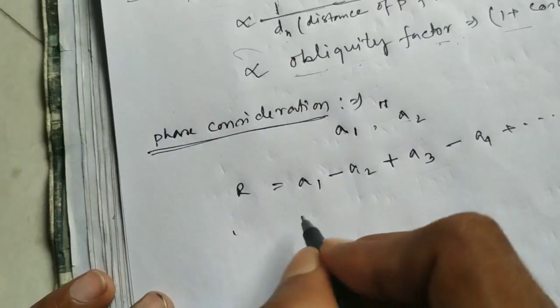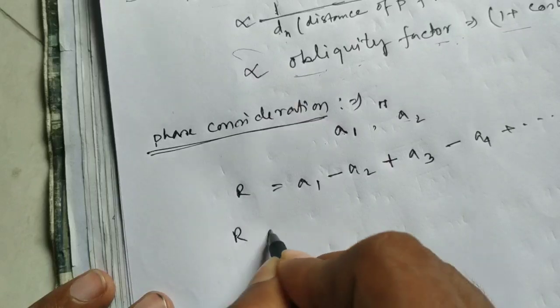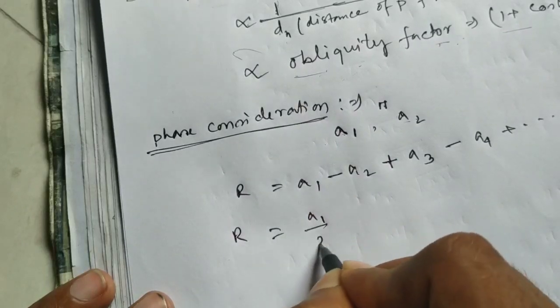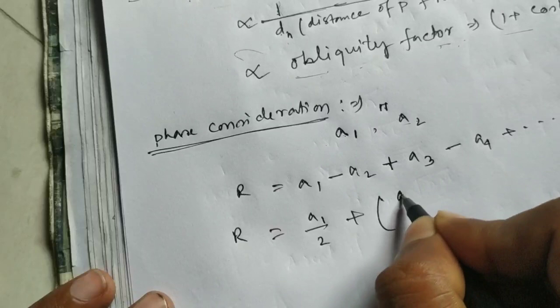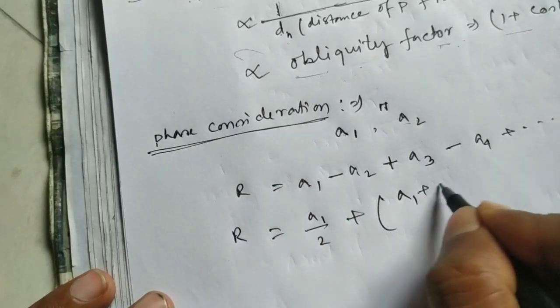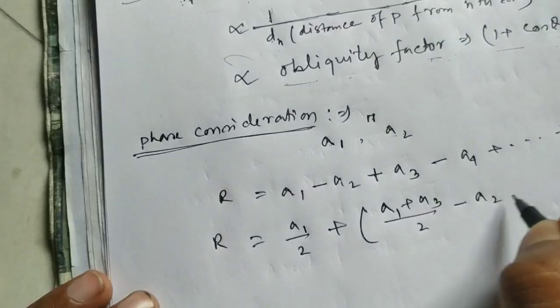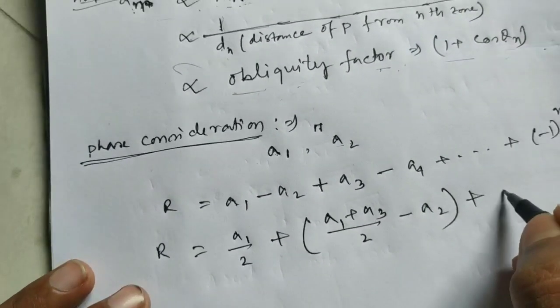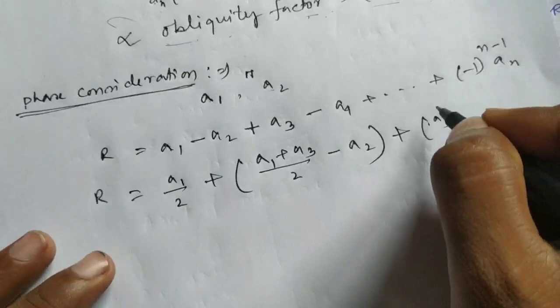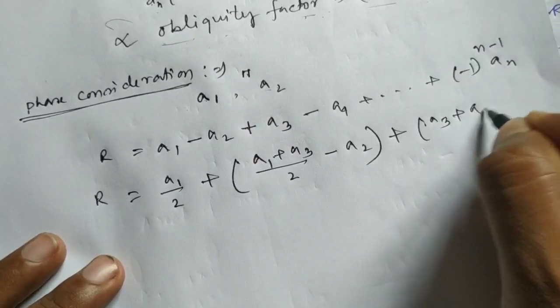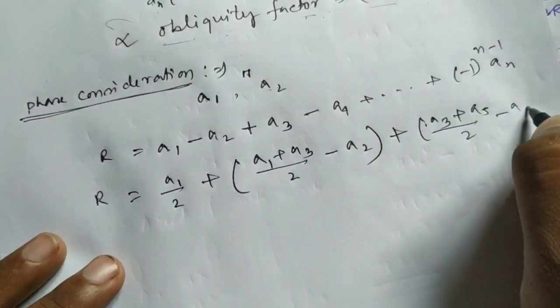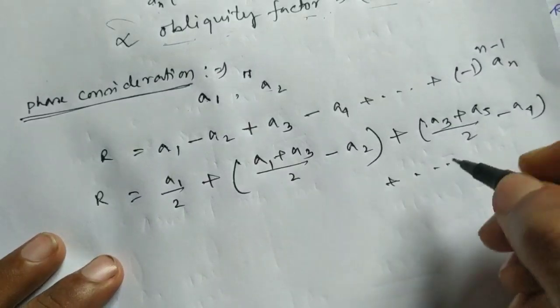We can also write R equals A1 by 2 plus (A1 by 2 plus A3 by 2 minus A2) plus (A3 by 2 plus A5 by 2 minus A4) plus ... An by 2,